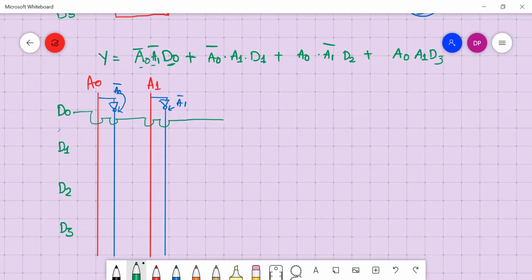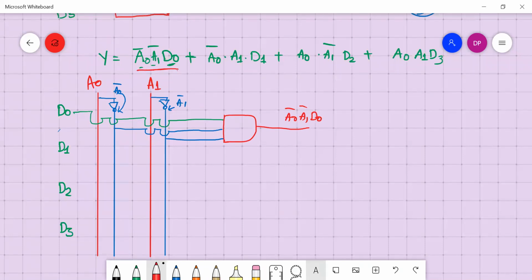Then A0 complement is this line, and A1 complement is this line. Together, you require an AND gate. This will give us A0 complement, A1 complement, D0. This is the first term.